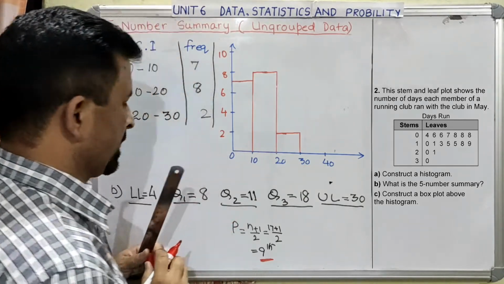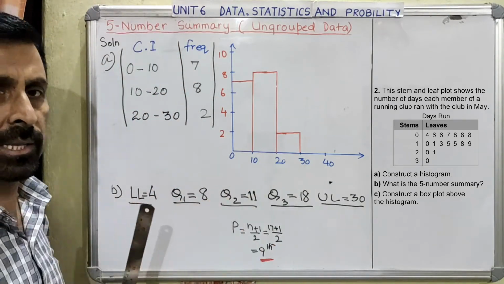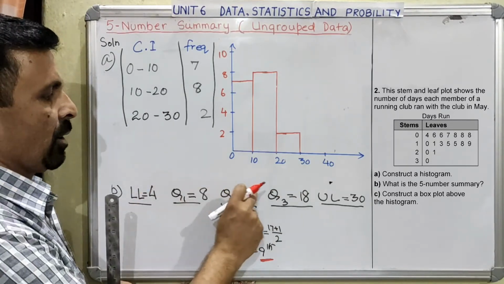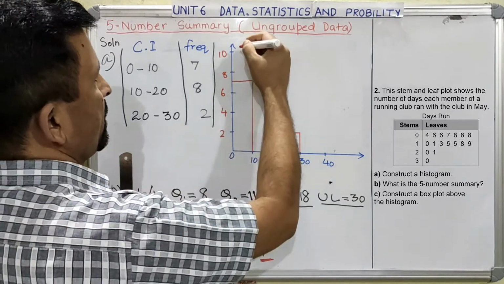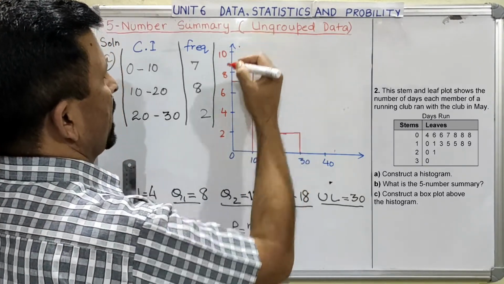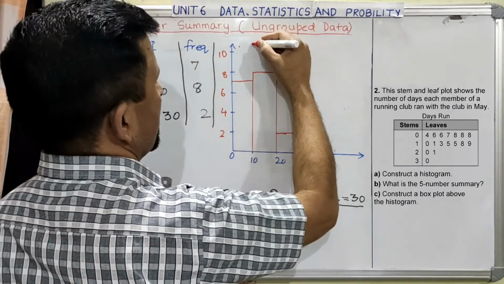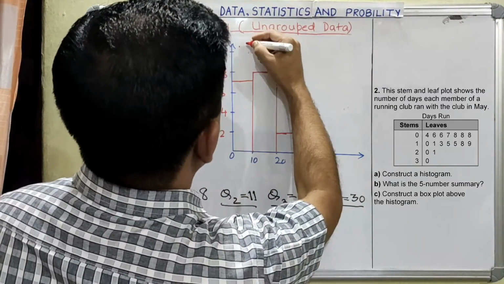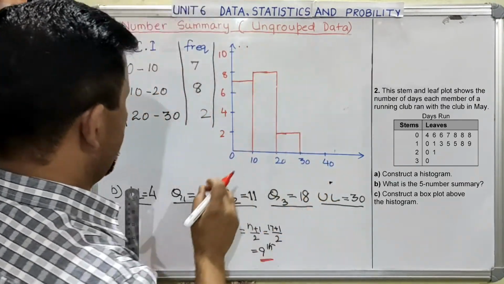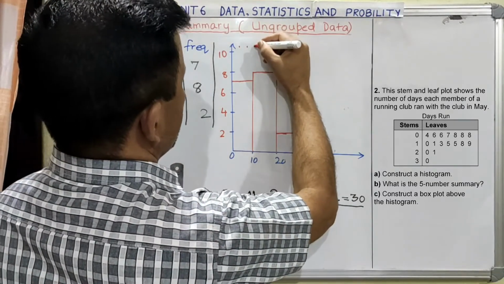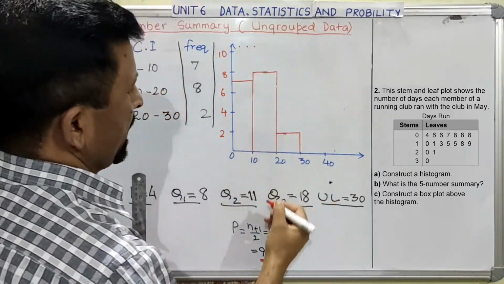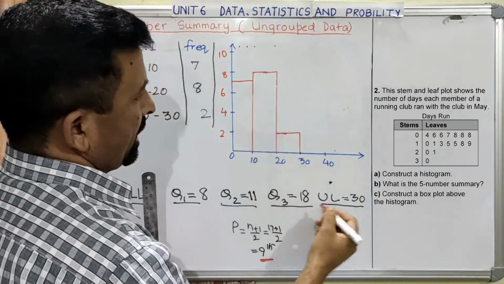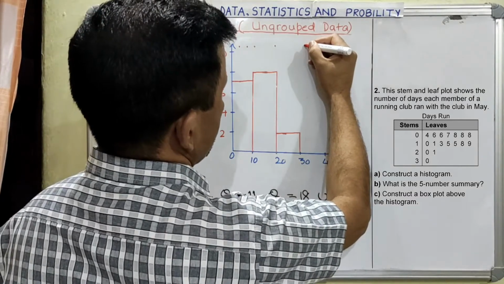Now after this, on top of it, we are going to plot the box plot, which is also called the box and whisker plot. So we will mark all these points. The first mark will be at 4, which is less than half. Second is at 8, a little less than 10. Then 11, a little bit more than 10. Then the next is 18, which is less than this. And then the third one is 30, somewhere here.